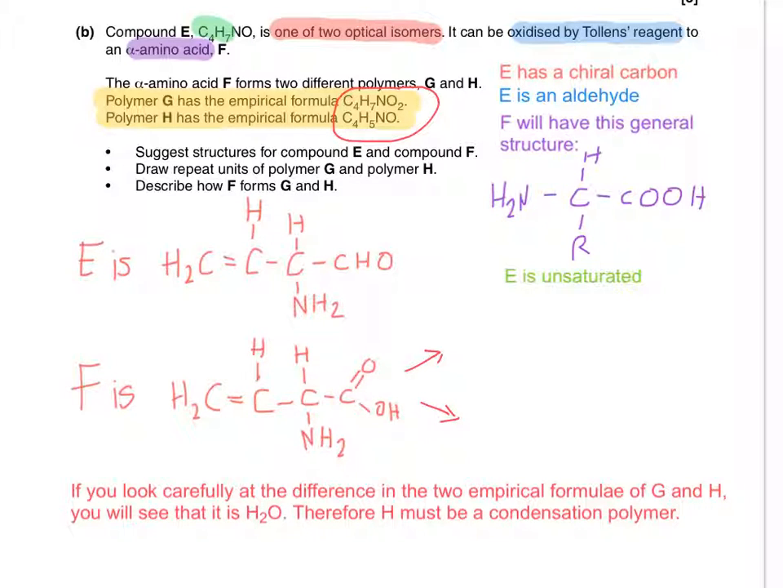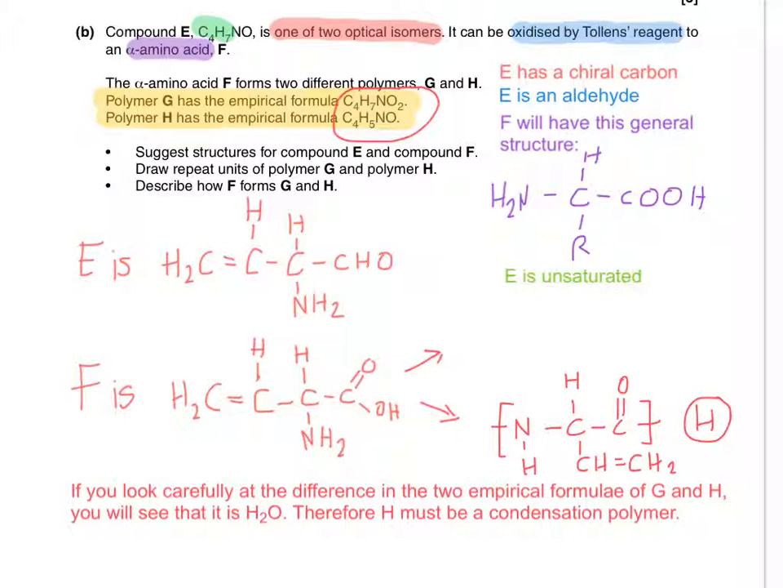So if we've worked out that H is a condensation polymer, let's do that bit first. So notice what I've done is I've created an amide linkage between the NH2 of one monomer and the COOH of another. So on the left hand side it's part of an amide linkage with the NH, and on the right hand side it's part of the other amide linkage with the C double bond O. I've left the double bond in there because it's not an addition polymer, that doesn't get touched. It's a condensation polymer because the empirical formula is C4H5NO, H2O less than